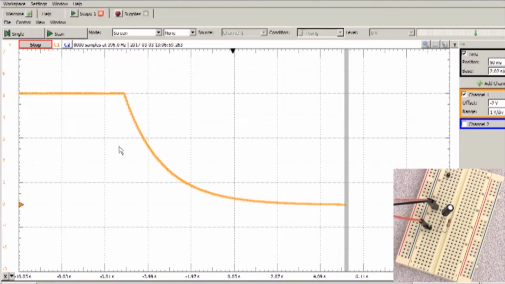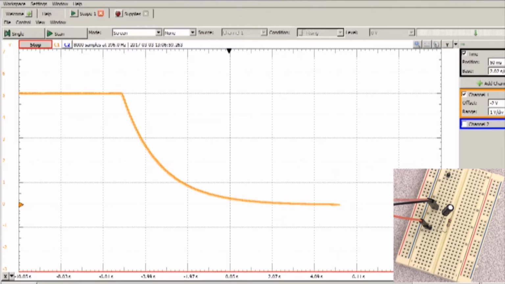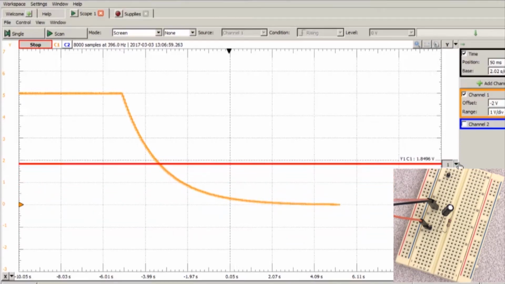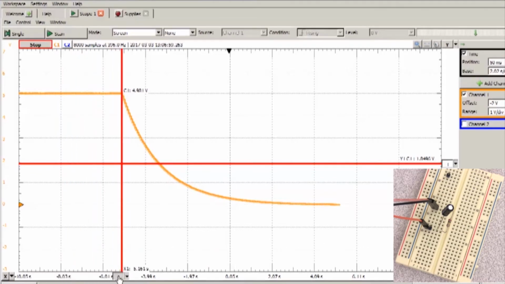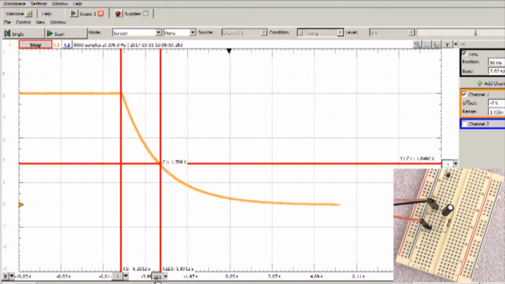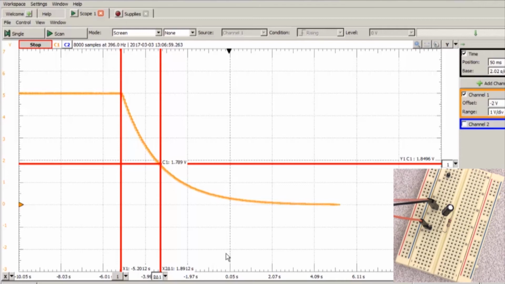Now, the time constant is when the voltage reaches 0.368 times its initial value. I can find that point with a cursor very easily. So 0.368 times 5 is 1.84. I can get the time elapsed with cursors on the x-axis. So there's where I turned off power. And here is where it gets to 1.84 volts. That time is about 1.89 seconds. It's not exactly what we expect, but it is within the requirements. Now let's take a look at the